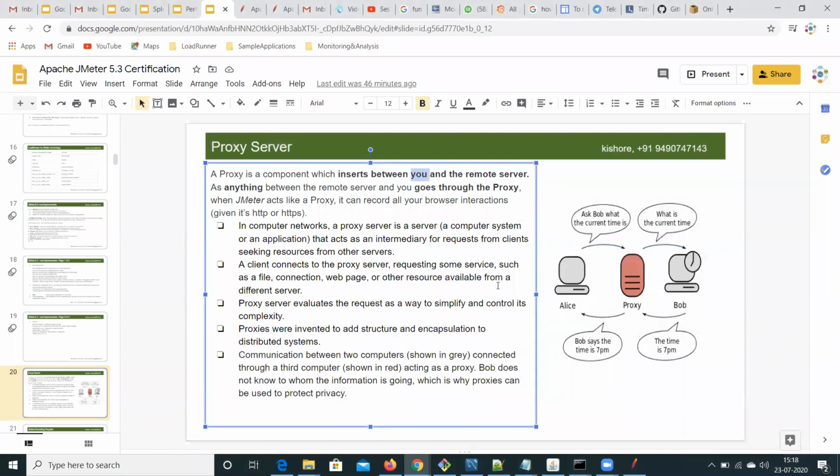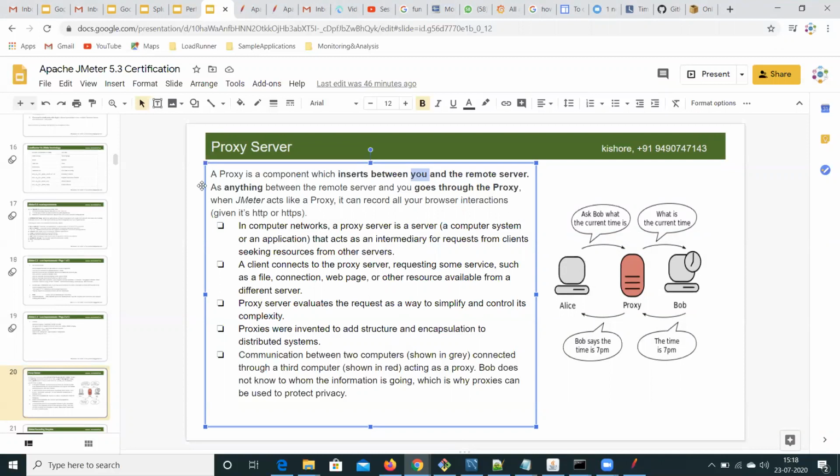Now, what happens by using the same port number in the JMeter recorder panel and the browser is that all the traffic going from browser to server goes through JMeter. And the response coming from the server will also go through this JMeter, which we set as a proxy.